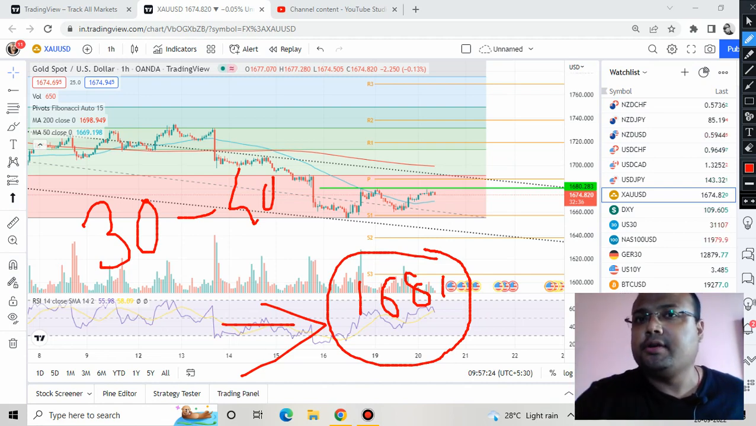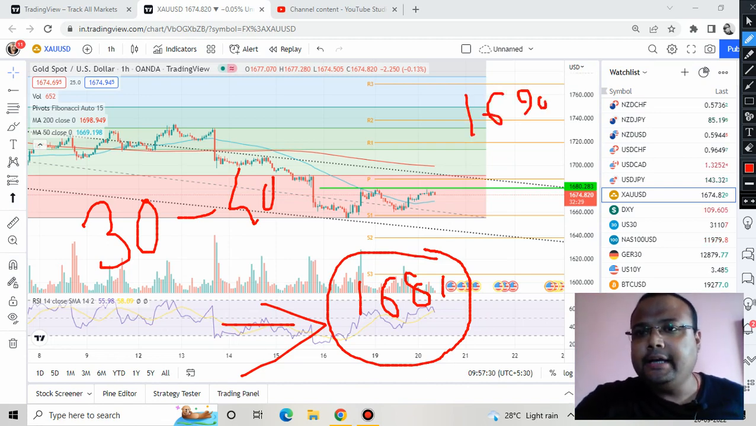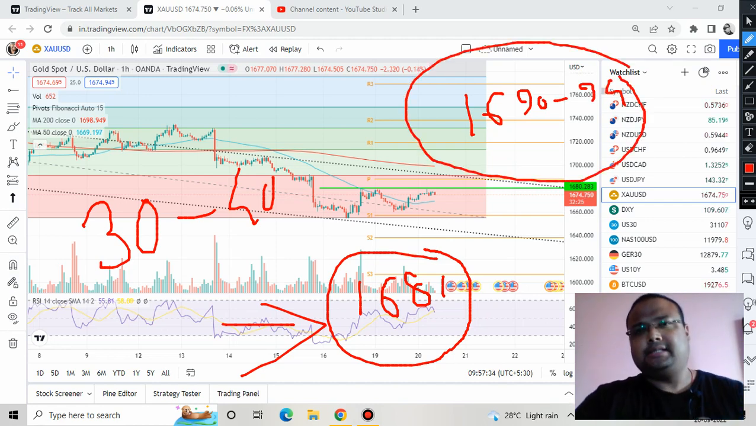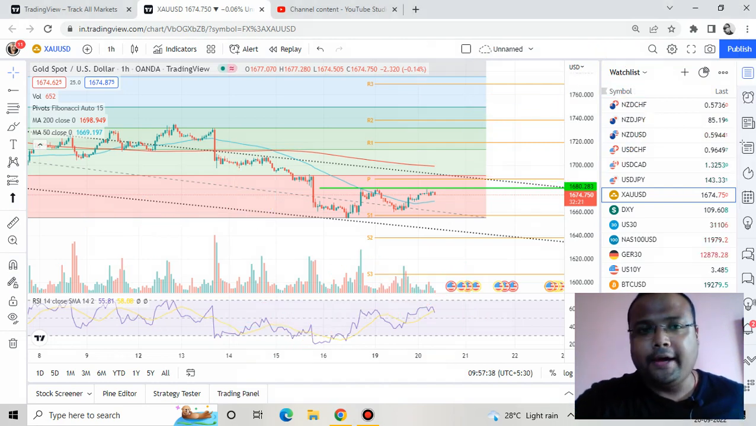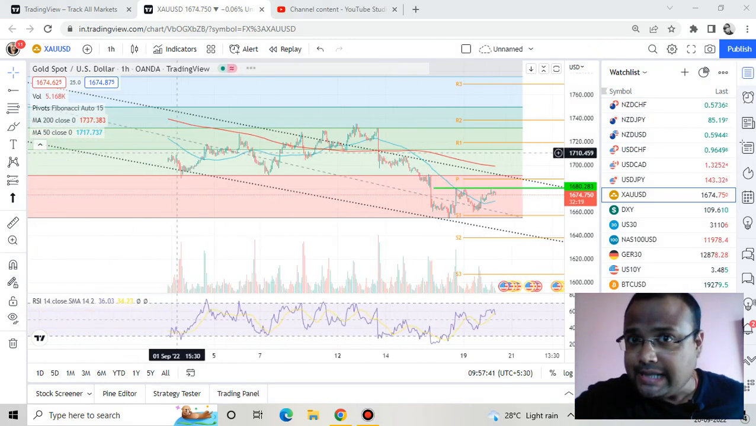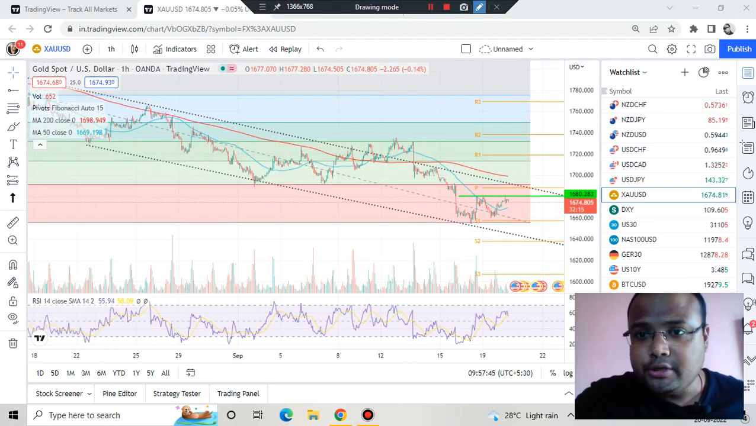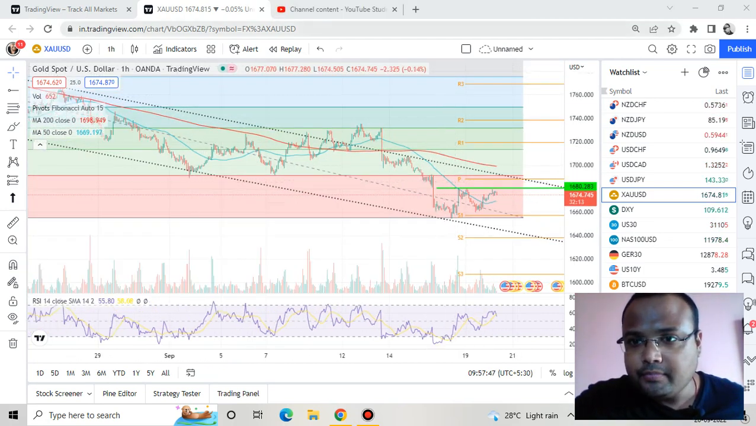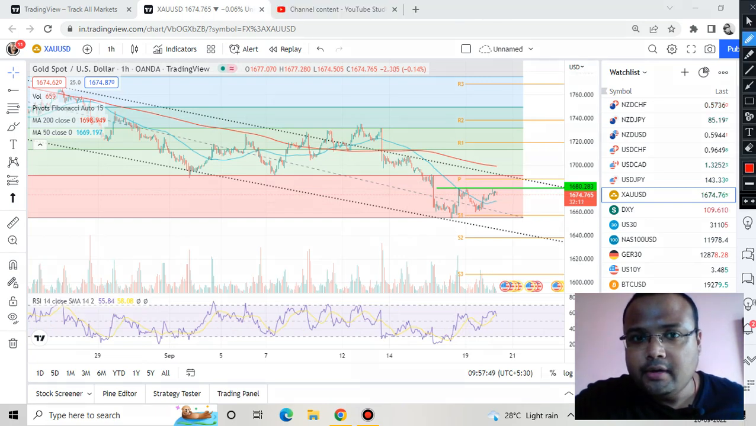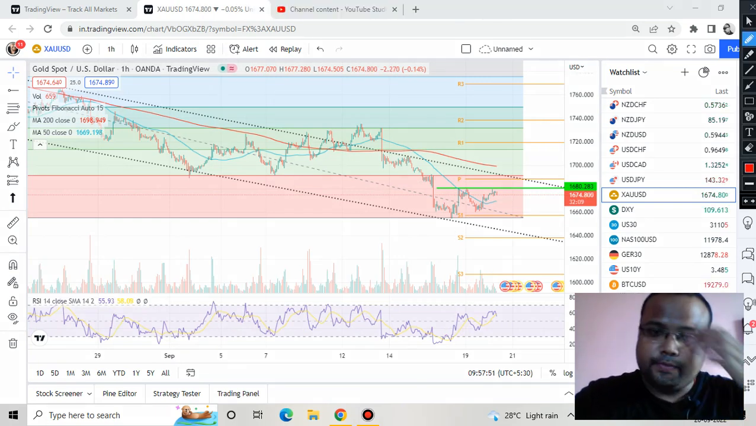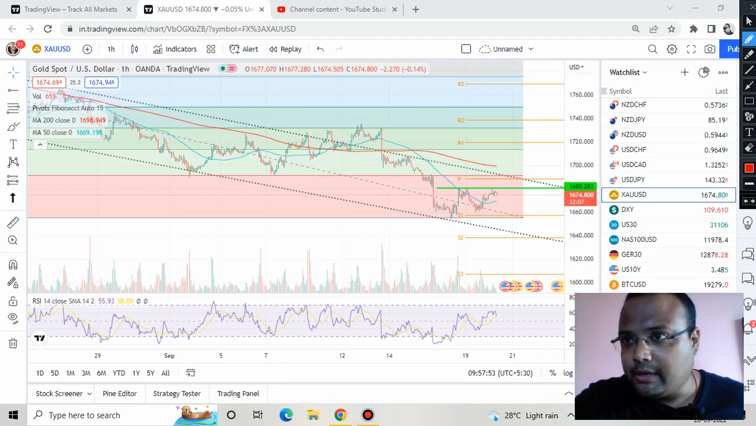But if you are looking for safe trading opportunities in the market, then you should wait for 1690 to 94. 1690 to 94 is a reliable level in the market right now. Let me show you why we are considering 1690 to 94 a good level to take a sell position. First of all, we have the Fibonacci 23.6%. We have a resistance from Fibonacci,